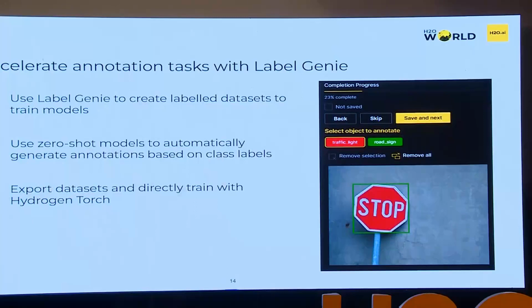And the third, as I mentioned, it's a sibling product to Hydrogen Torch. In fact, it's part of a broader ecosystem of our H2O products. You can export the annotated data sets and then directly run training models with Hydrogen Torch. And let's go through